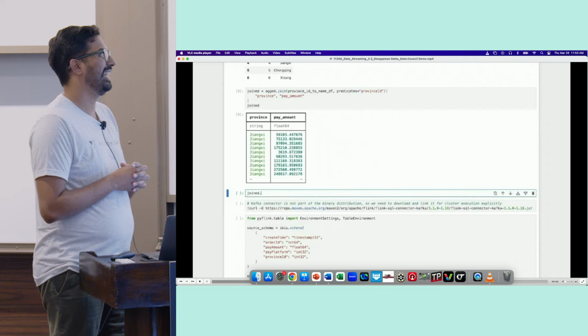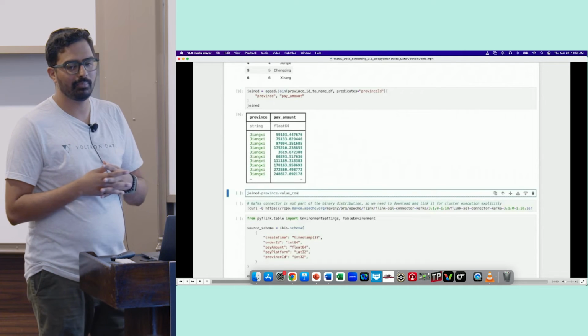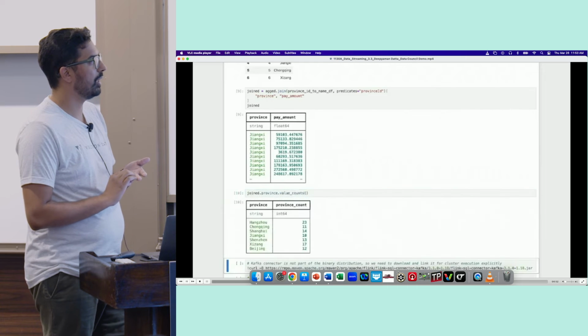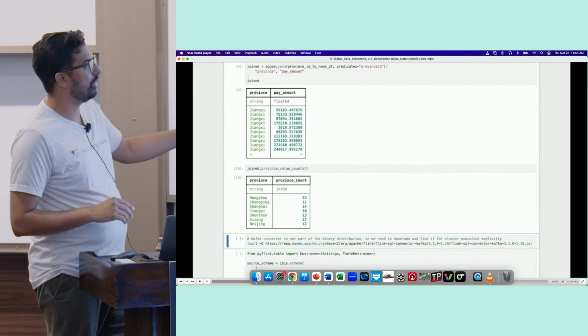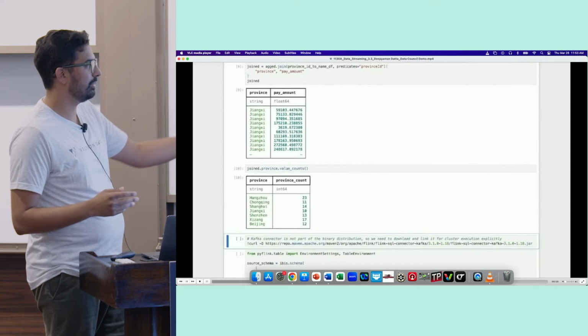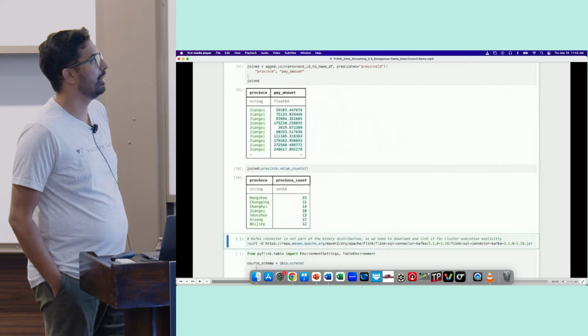To verify again that it's not always giving the same result, we can use standard data frame operations like value counts, and we can see that it's just because of how the data is sorted on this backend. That's only 10 of the records. The remaining are all different provinces.